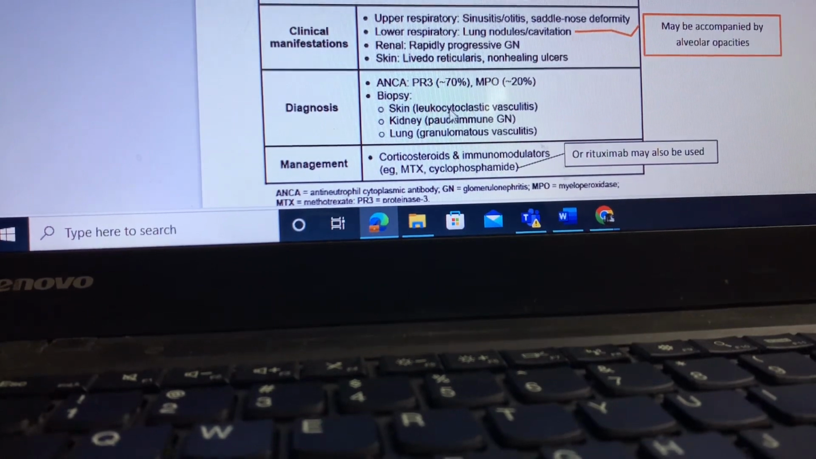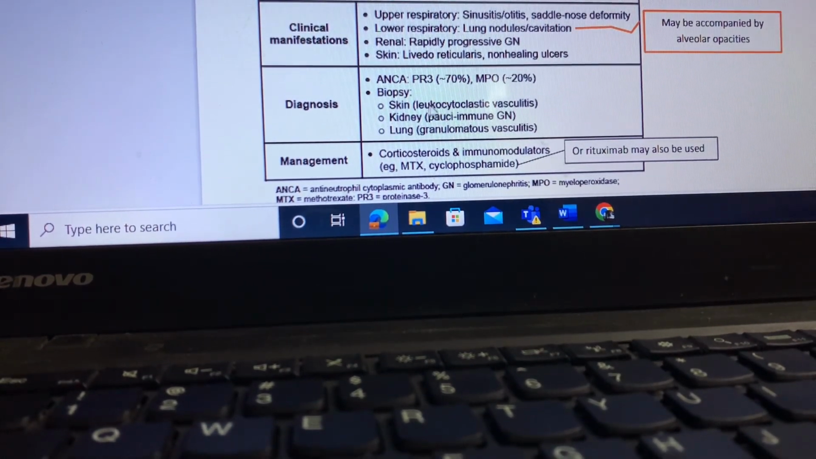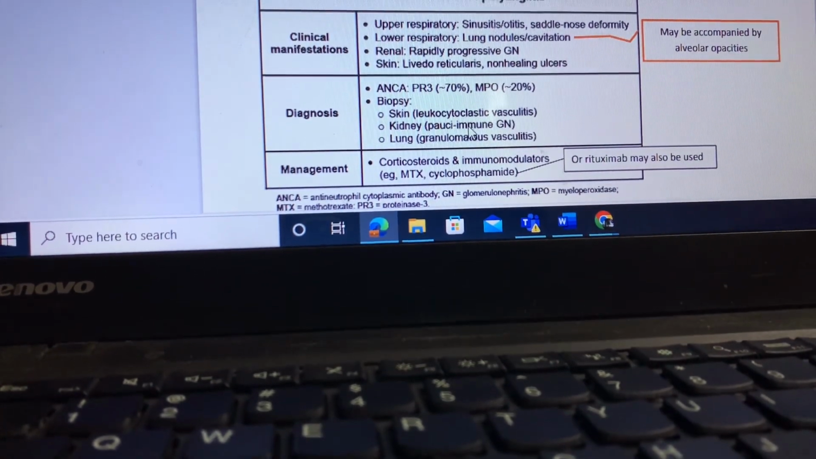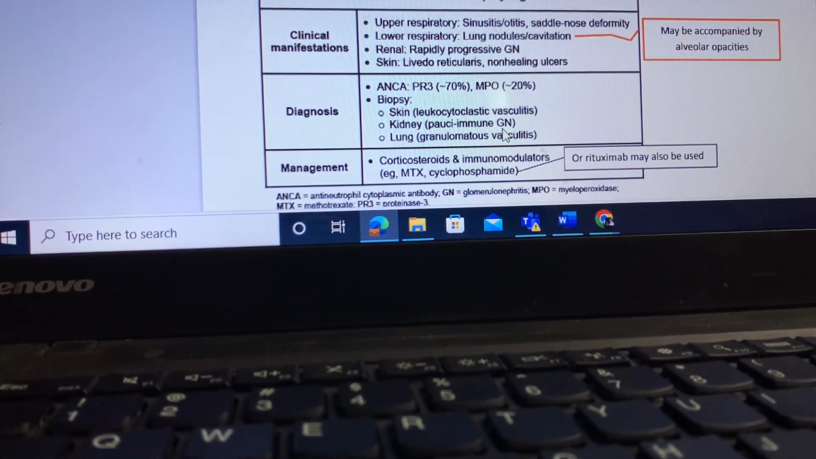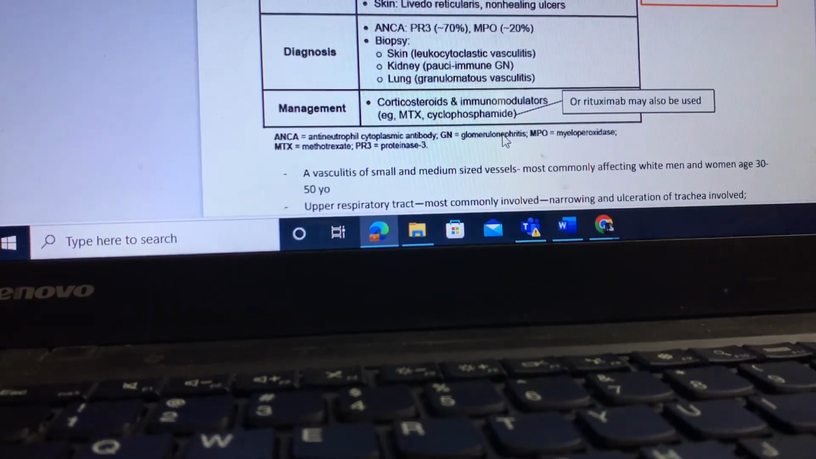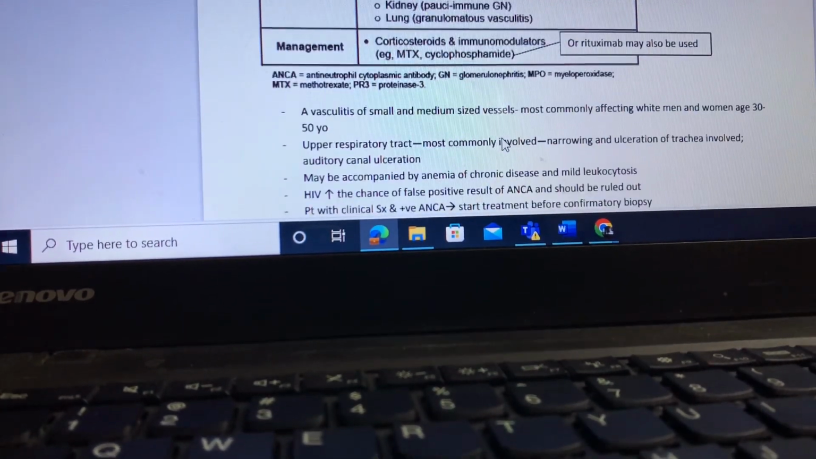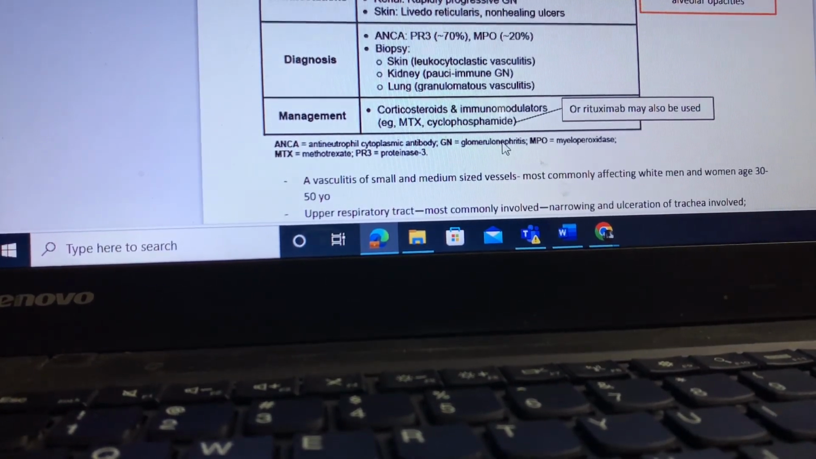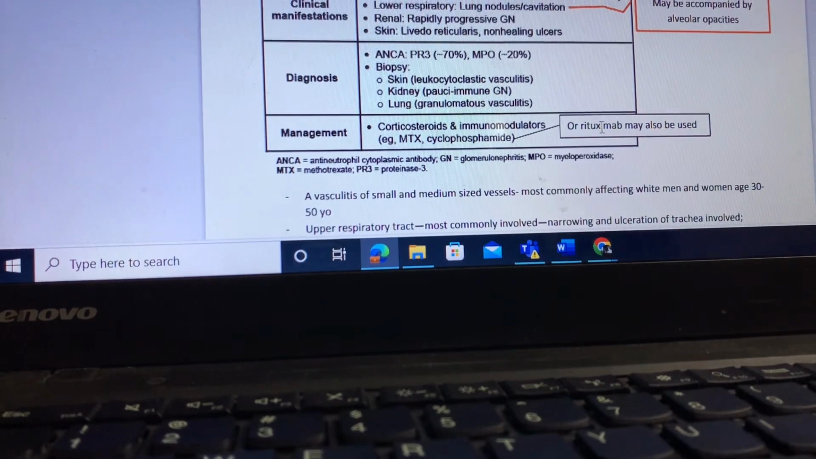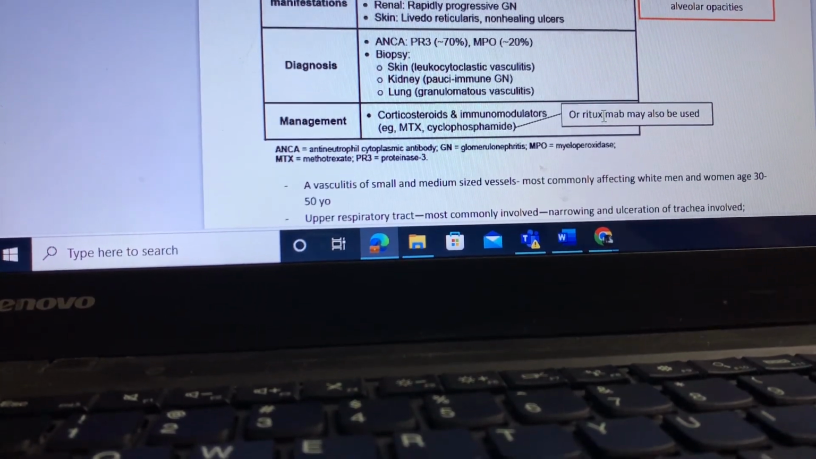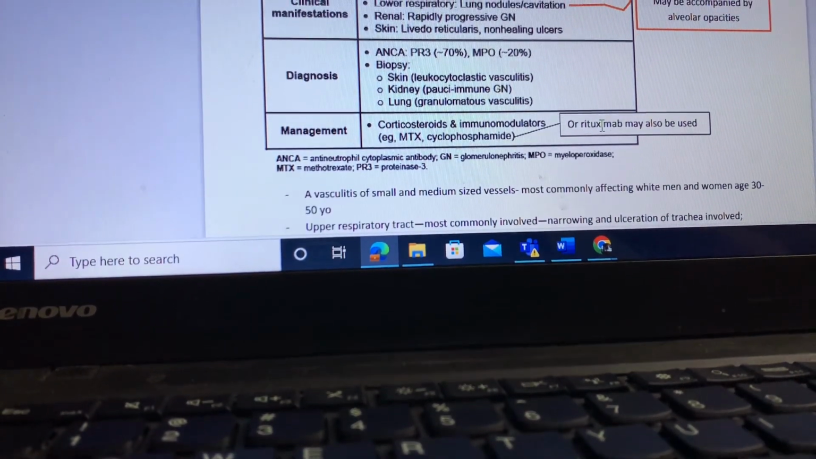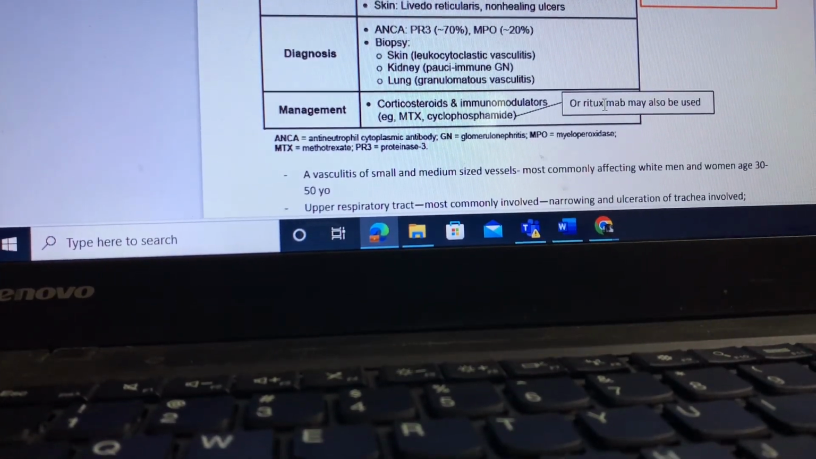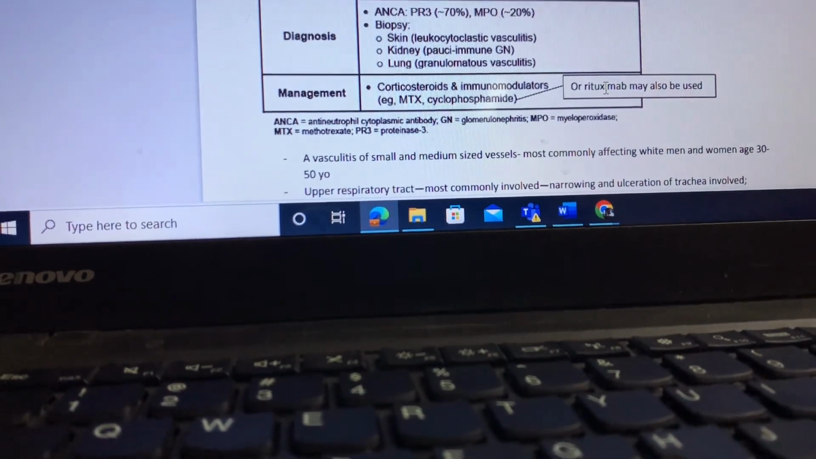Now, biopsy, if you take from the skin, you're going to see leukocytoclastic vasculitis. And in case of kidney, there's usually pauci-immune glomerulonephritis. And in lungs, there's granulomatous vasculitis. Now, management of this patient is going to be steroids and immunomodulators. And they have also mentioned that rituximab may also be used in such cases. Although we use methotrexate and cyclophosphamide, most of the time I've seen cyclophosphamide is the drug of choice with